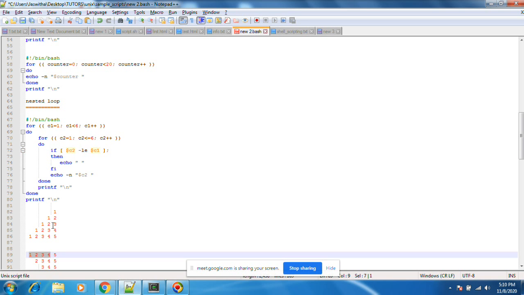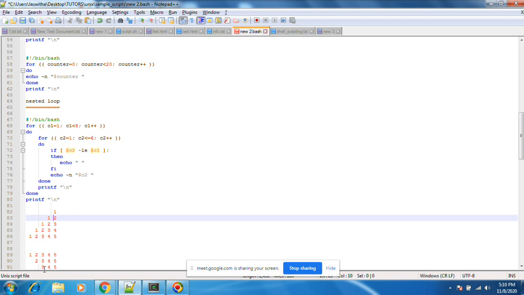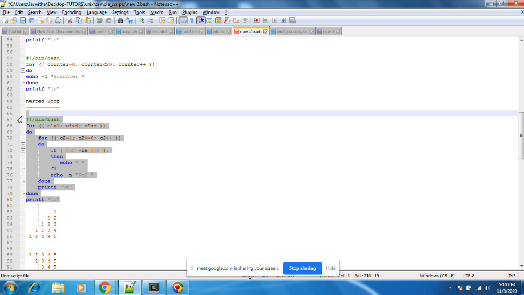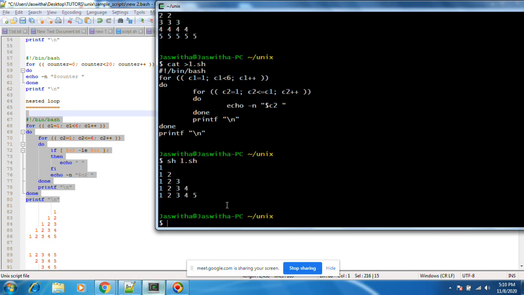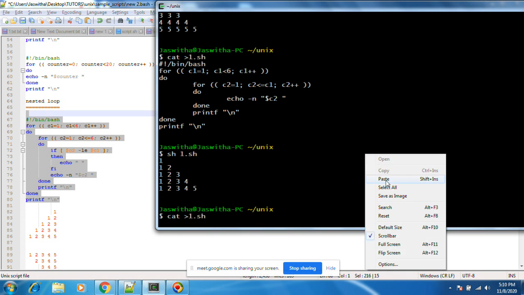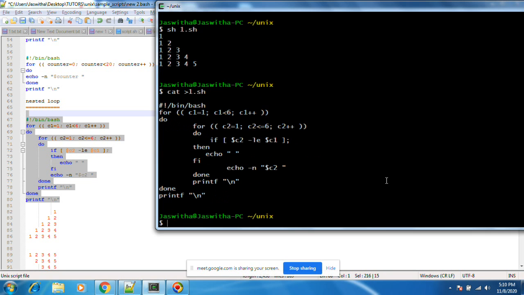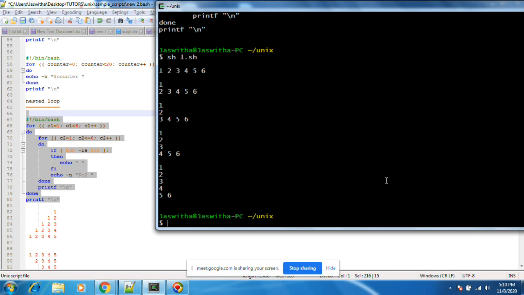Either this or this will come. Okay, let's see. Oh, some different way of printing is coming.